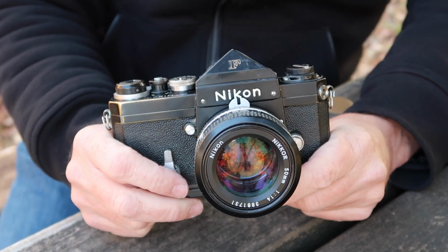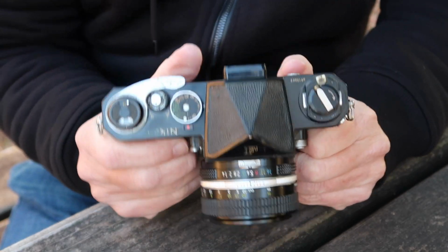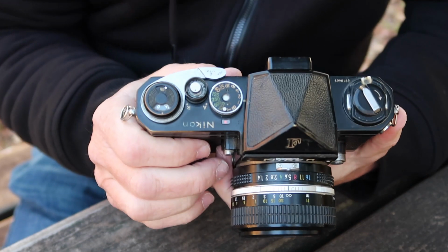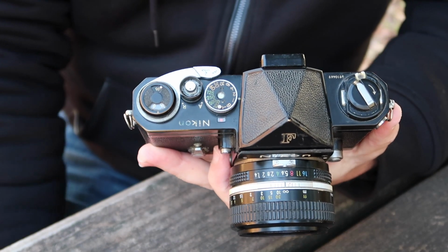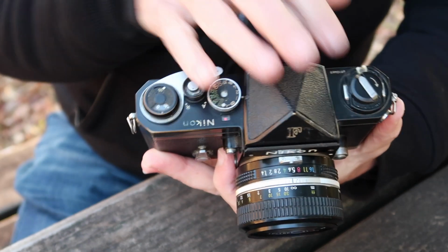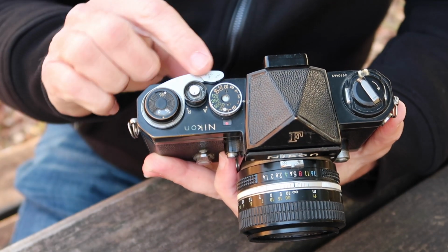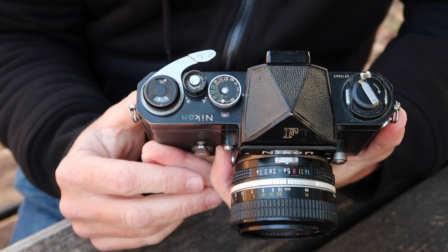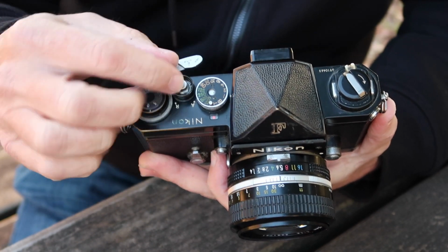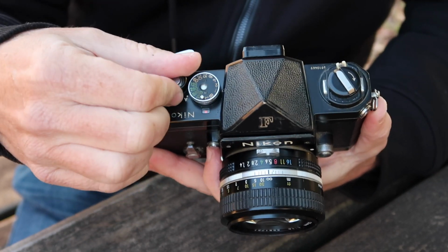Let's take a quick look, or maybe a long look, at the features and functions of the camera and how to use it. And we're going to start at the top here, as I usually do, sometimes usually do. As I said, the Nikon F was based on the Nikon S3 and SP cameras, and most of the things on the top of the Nikon F are the same as they are on, say, the S3. It has the same shutter cocking and film winding lever. Here we have the same film counter, the shutter button,